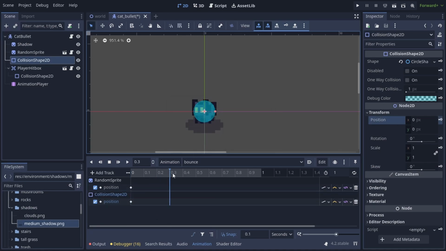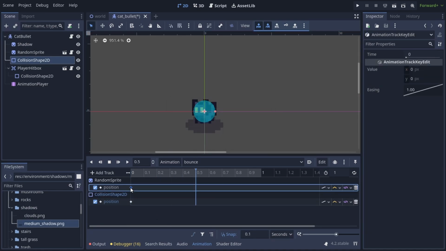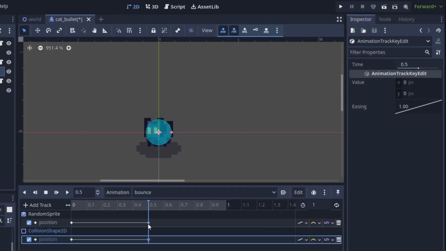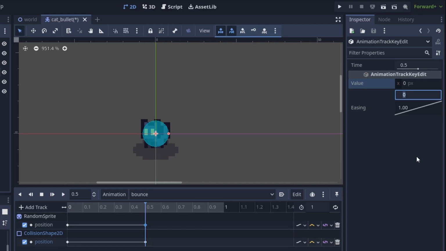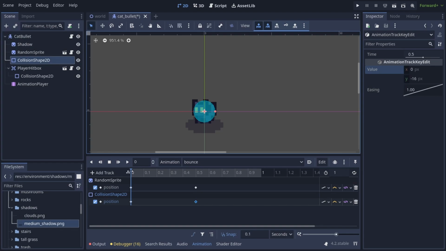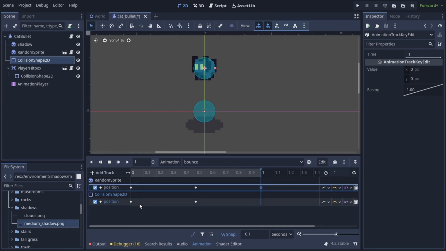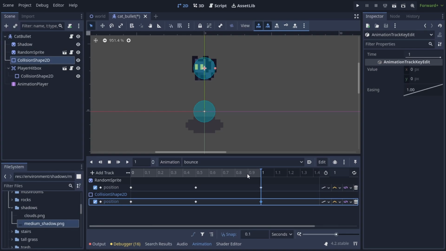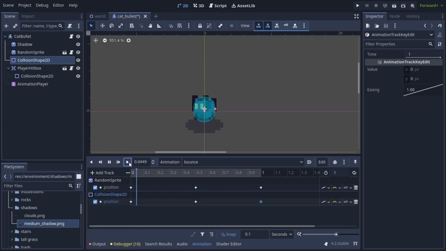Put the playhead at 0.5 seconds and duplicate both of these keyframes. Here we'll change both of their position Y values to -16 pixels. Then move the playhead all the way to the end and duplicate the first keyframes. Now if we play the animation, we can see both the sprite and the collision shape move up and down,